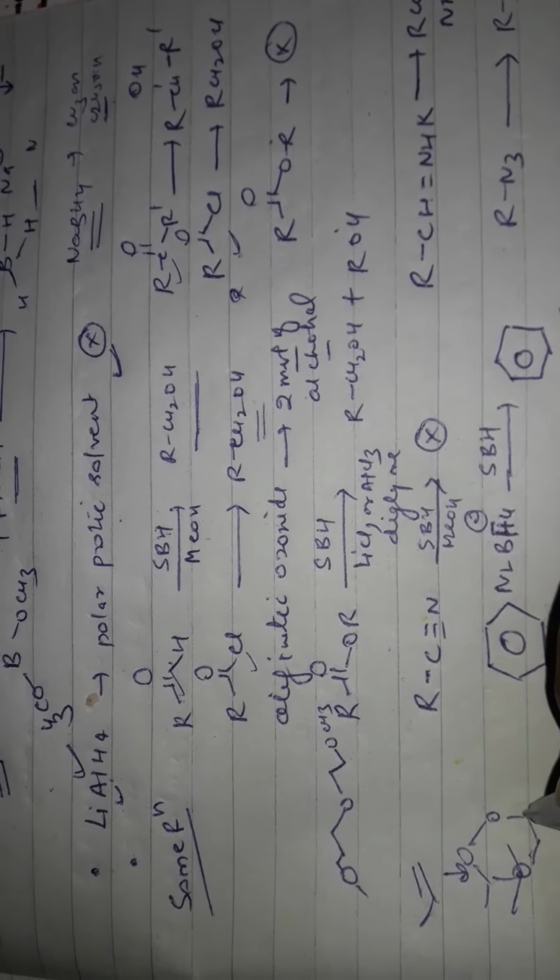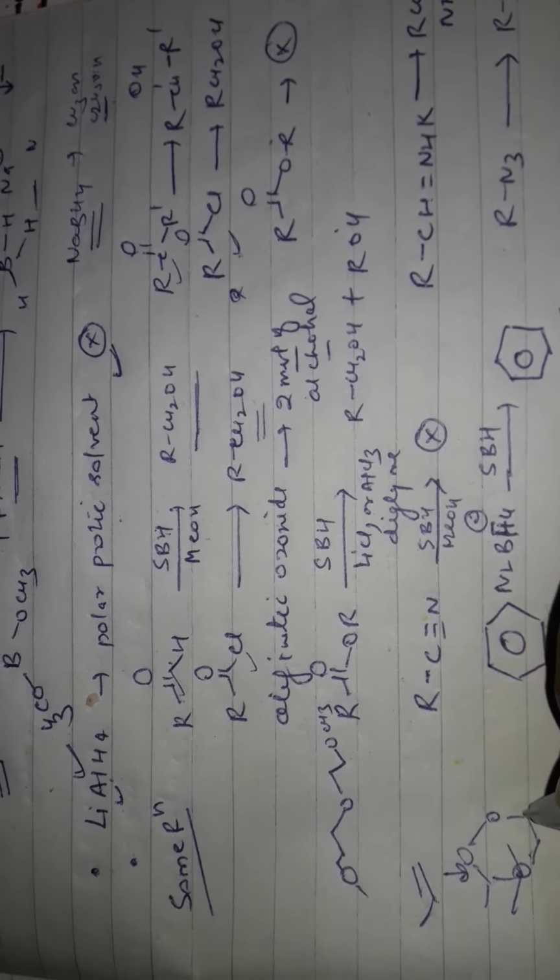Again, here this is a ketone, so it is easily reduced. This ester will not be reduced, but in the presence of lithium chloride and aluminum chloride, it can be reduced to alcohol. RCH=NR can reduce to RCH2NHR. N3, the azide, is also reduced to amine. So these are some important reactions we mentioned here, and some reactions are very important, such as this one and this one. N3 is a very important reaction.